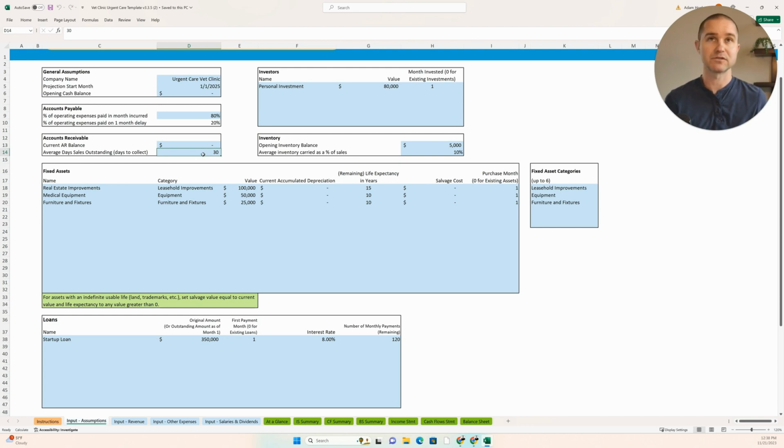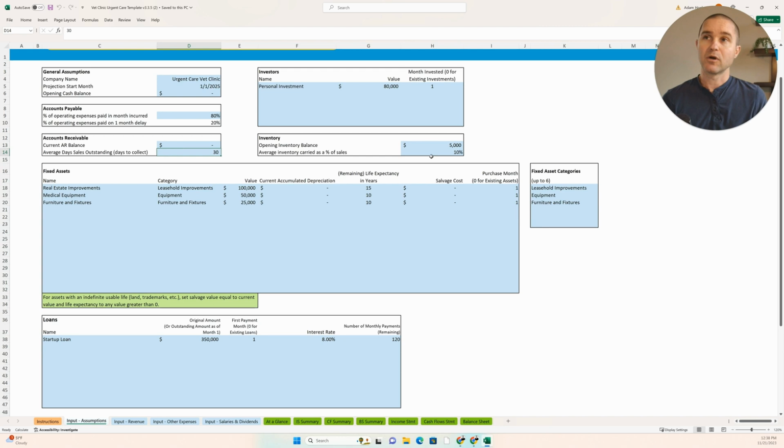That might be a situation where it might take 30 days to collect. If, on the other hand, your model is more like somebody brings their pet in to have an emergency procedure or something, you're probably going to collect payment right then, with cash or credit card. So depending on your model, the amount of time it takes you to get paid is going to probably be